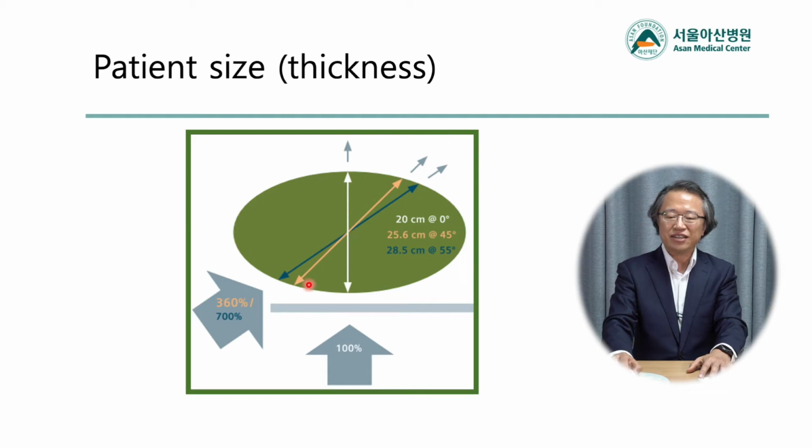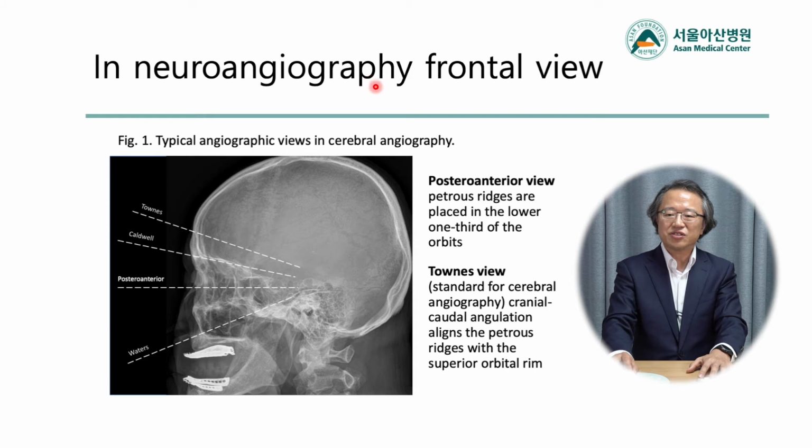Since our body is not round, mostly elliptical like this, with an angulation of the C-arm like this, that may increase the dose significantly by the increase of the traversing thickness like this. Sometimes double, sometimes triple. Furthermore, the image quality would be severely influenced by the angulation. So, we focused on the routine angulation.